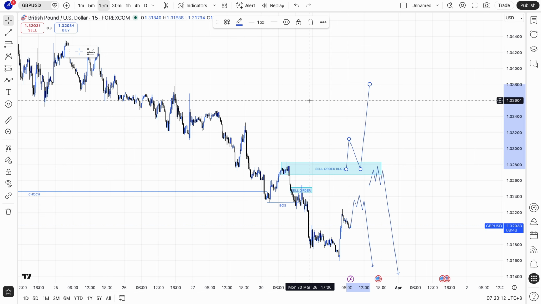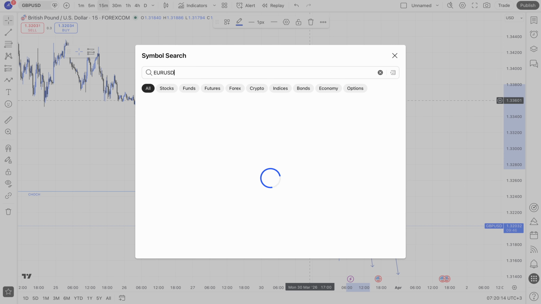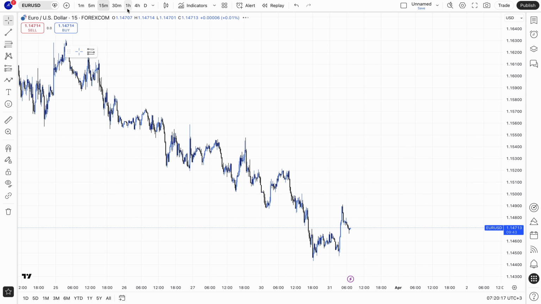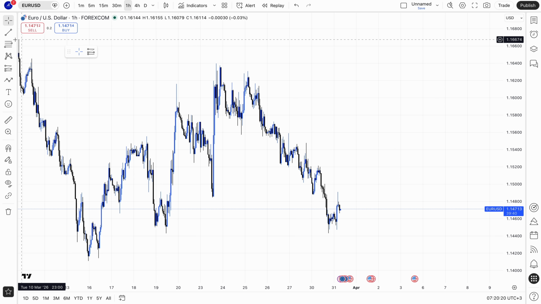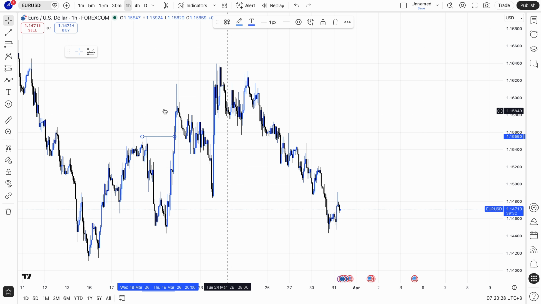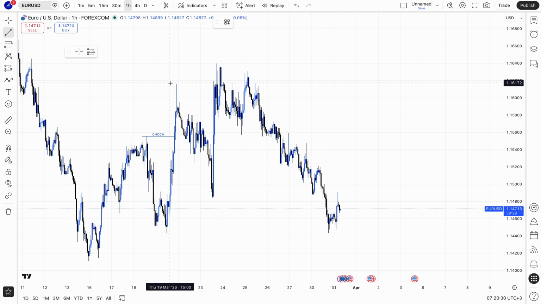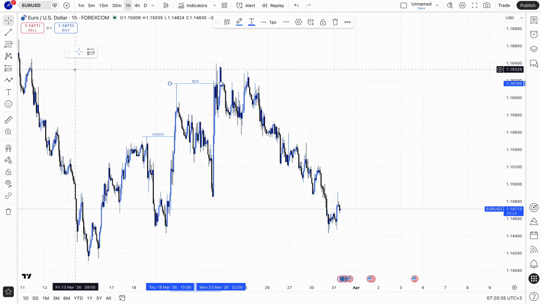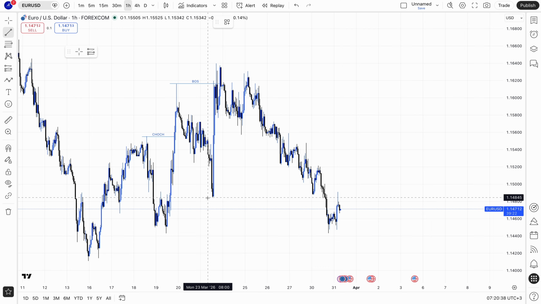Then I'll be giving you updates towards the new session. Then Euro USD, you can clearly see we had our change of character to the upside, then you had a break of structure to the upside, external structure, then we had our change of character to the downside, but before the change of character to the downside,